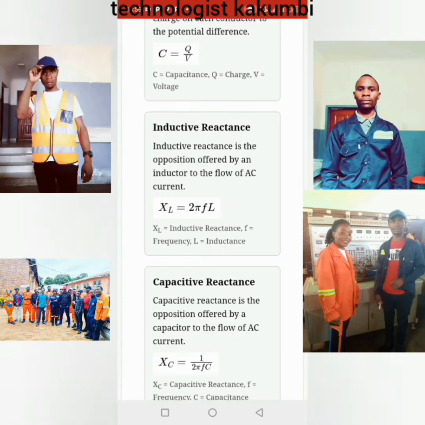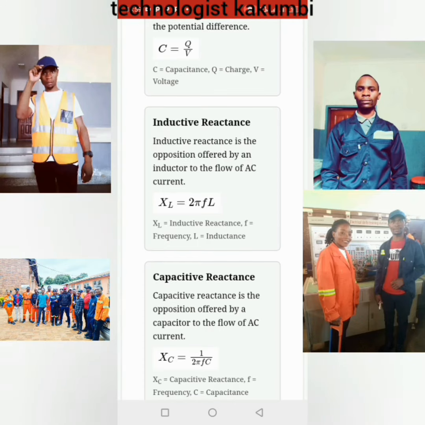The other thing that we need also to understand and to come across and to know is where inductive reactance is concerned. So when we say inductive reactance, it is the opposition offered by an inductor to the flow of AC current. Know this formula. You'll be using this formula throughout this field until you finish this course. When we talk of XL, we are talking